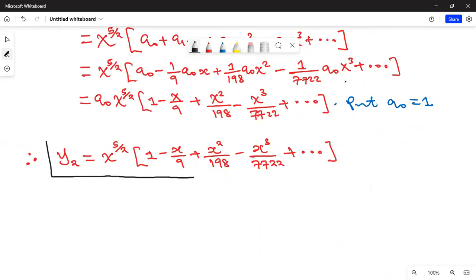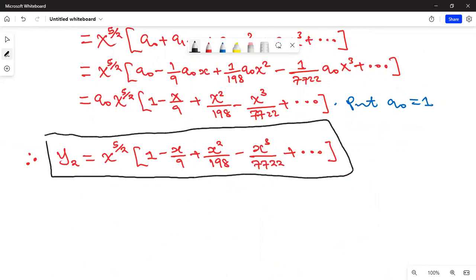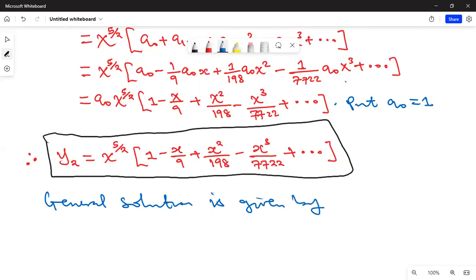Now the question is, how do you get the general solution? So general solution is now very simple. So you write general solution is given by